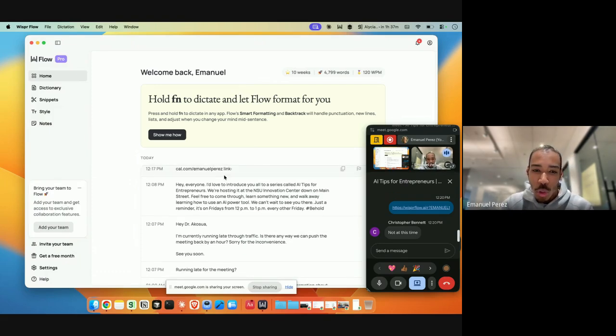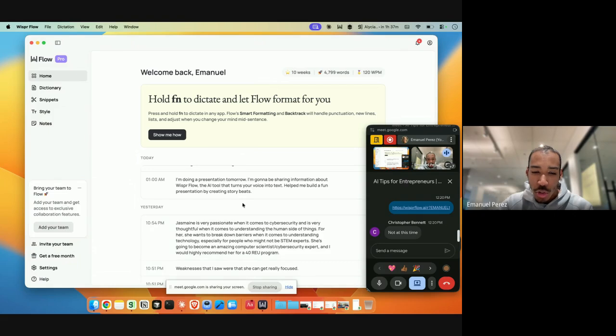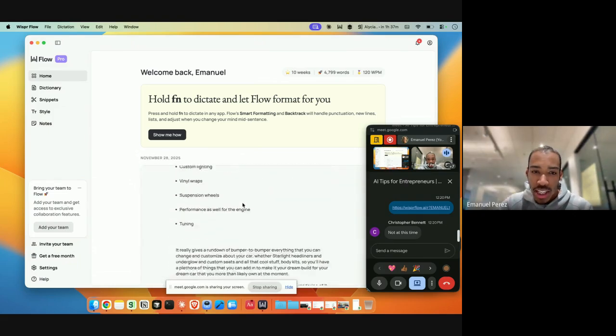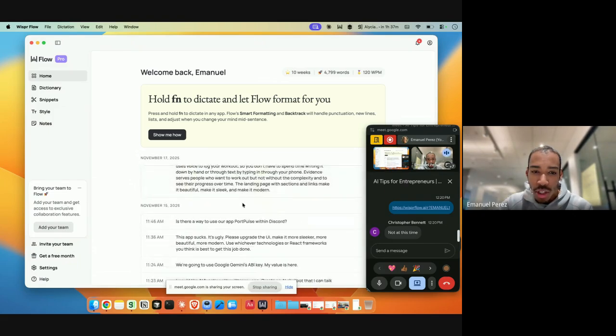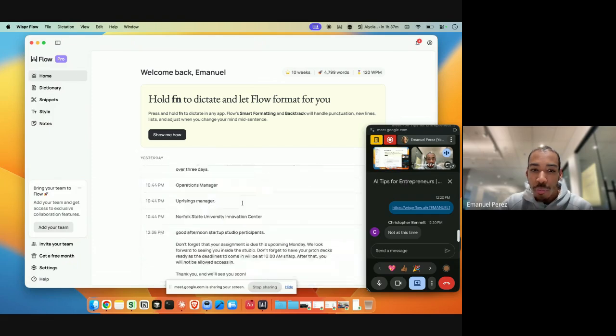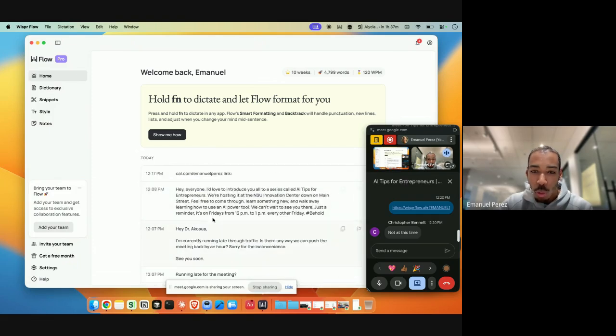So you can also see your history. In case something doesn't paste all the way, you can find exactly what you were looking for back here and easily copy it and paste it into your desired app or website. Sometimes it's happened to me where I've voiced something while working with someone for my own personal business, and we're vibe coding apps together, basically talking to AI to build an app.